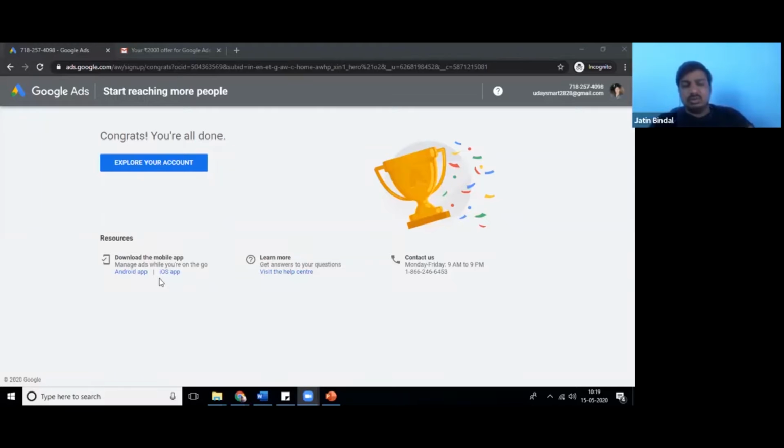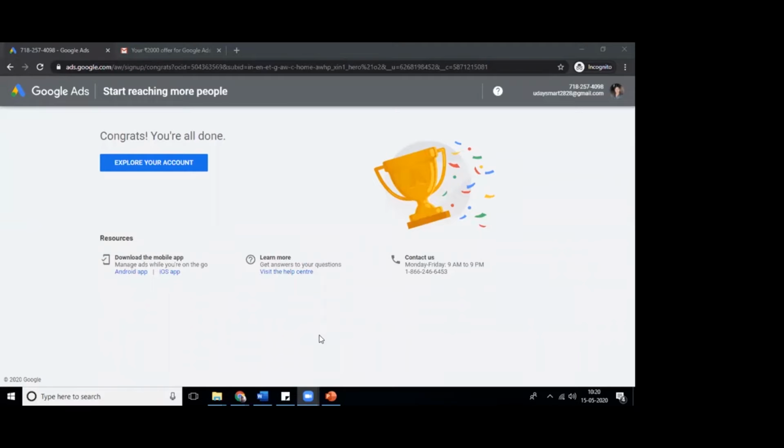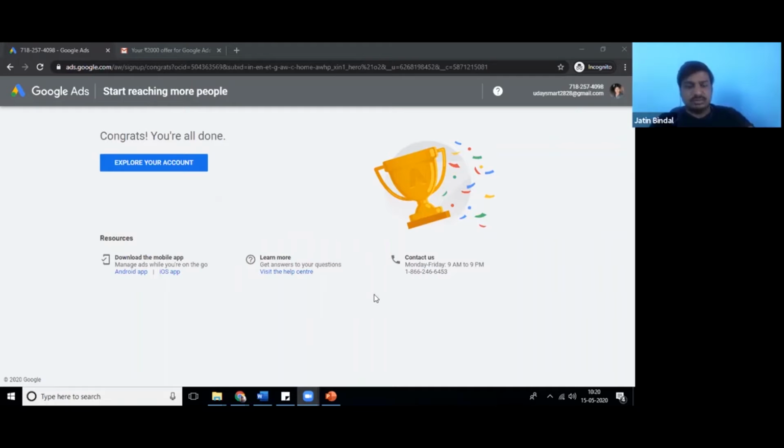Below that, in blue color, a text is written. Click on create an account without a campaign. Yes, sir, I clicked on that. Click on it again. So now it's showing confirm your business information, billing card. Confirm that. Submit.